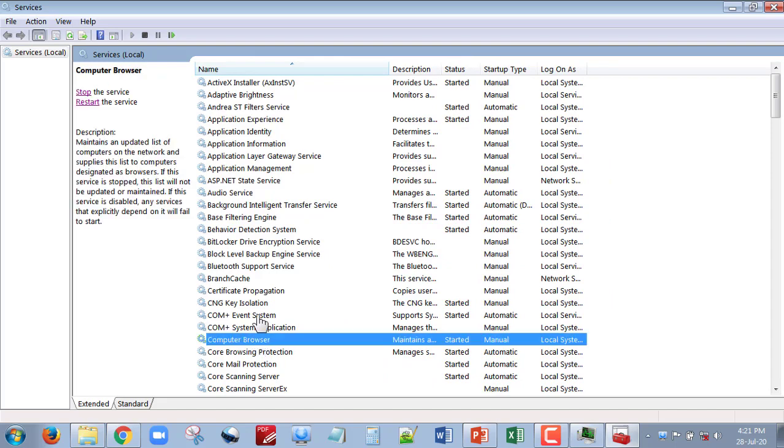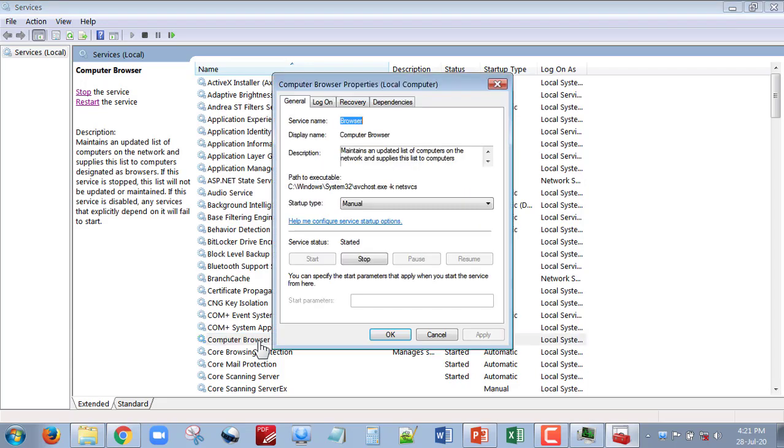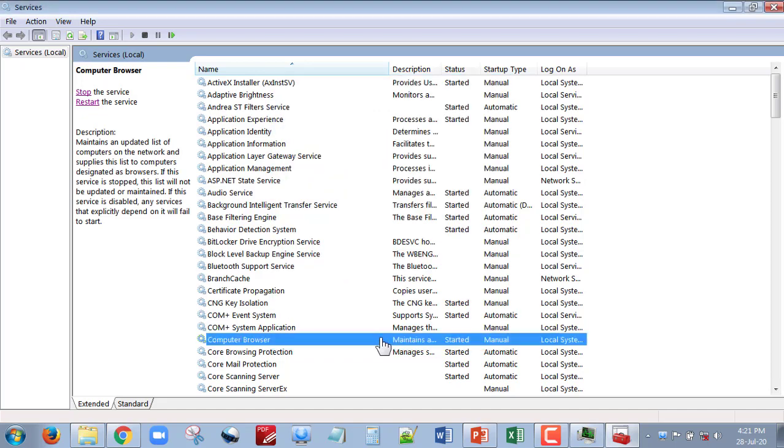I will now show you one more method. Suppose this particular process is there. If I want to start, stop or restart it, just double click on this and here you will get one more window. Here at the startup type, you can see whether a particular service can be automatically started, stopped or disabled. And here the service status is currently started. If I click on stop, this will stop this particular service. So this is how it is done in the Windows operating system.